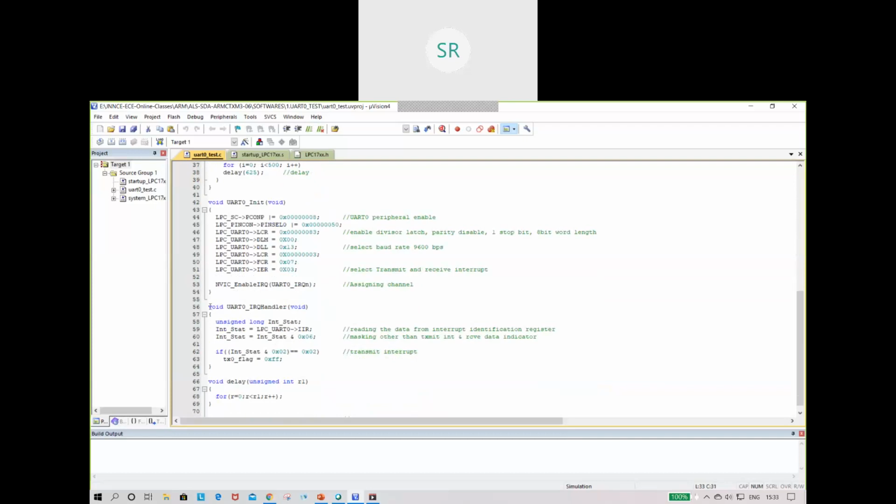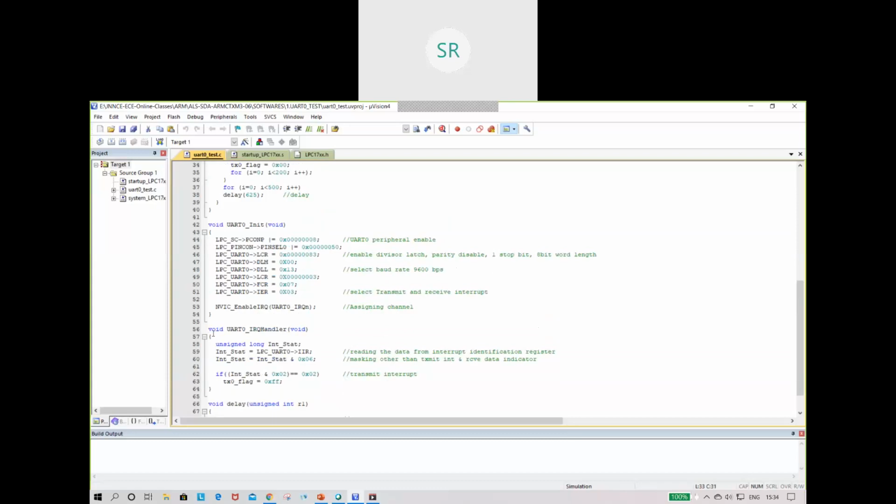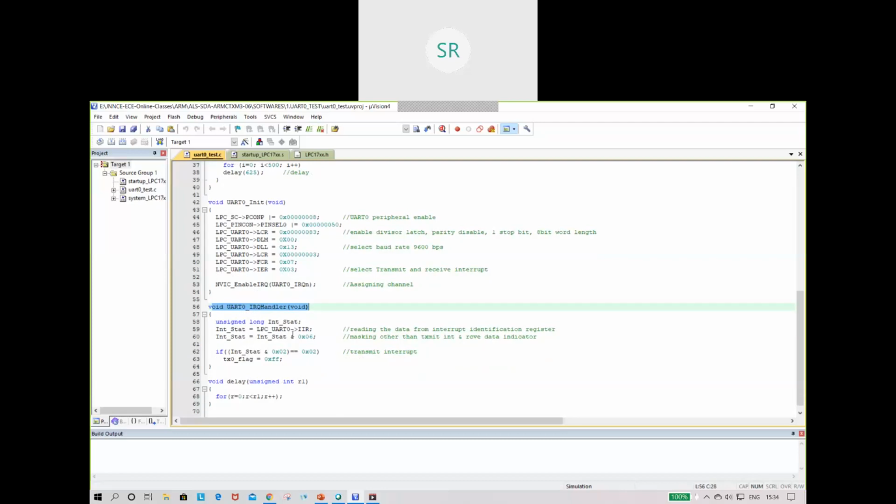the interrupt vector program. So while the transmission flag is equal to 0, the transmission part is interrupted, the transmission of the data is ready, then it will go for the interrupt program, that is void UART0 IRQ handler. Void UART0 IRQ handler is the interrupt vector program.